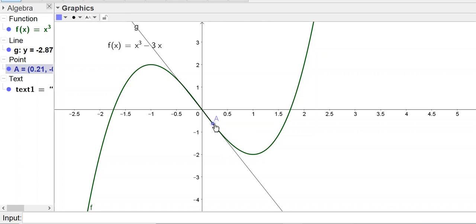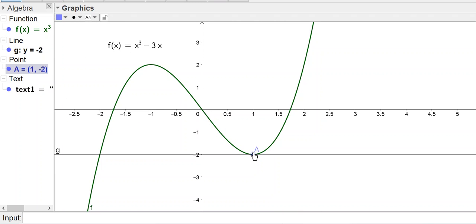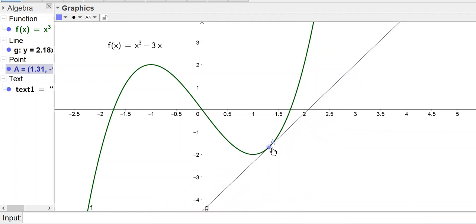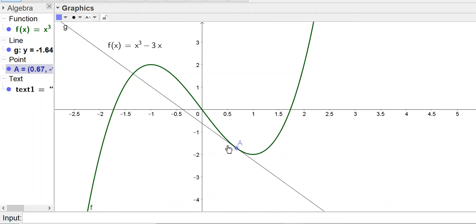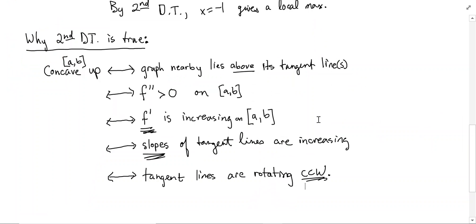Okay, notice the tangent lines are changing, but they are changing by rotation in the counterclockwise direction. So on this whole region, the graph is concave up. As I move from left to right, the tangent lines are rotating in the positive, or counterclockwise, direction. And conversely, if I turn all of these statements around, if the graph is concave down,